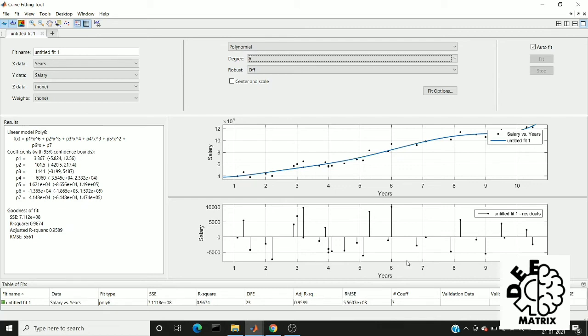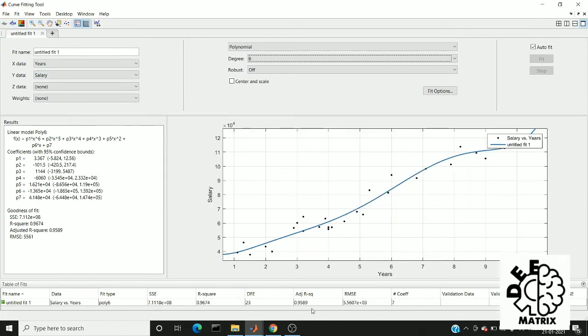These are the errors, which you can visualize using this residual plot. And here you have some values which determine the best fit, for example R square value and adjusted R square.